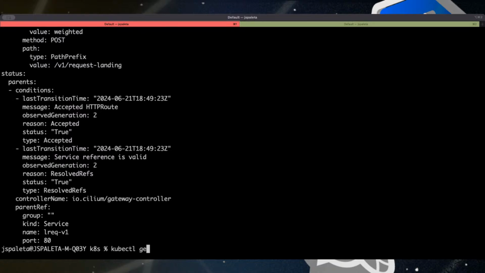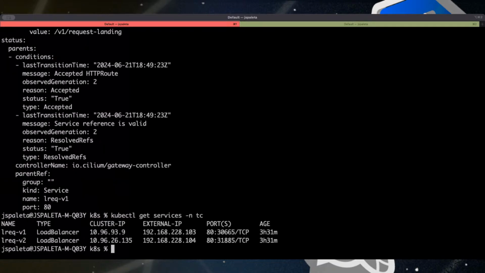So let me get services again, the namespace TC. And this only applies to the V1. So I should see a difference in behavior between V1 and V2, right? So I'm not going to use the external IPs initially. I'm going to try to use it like an internal service. So I got to find,